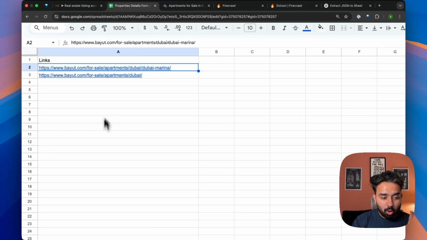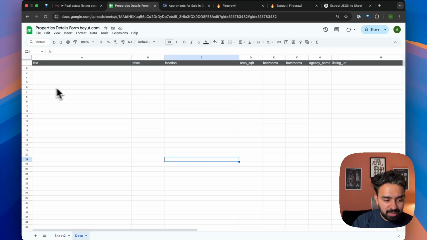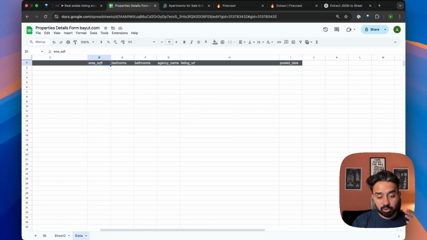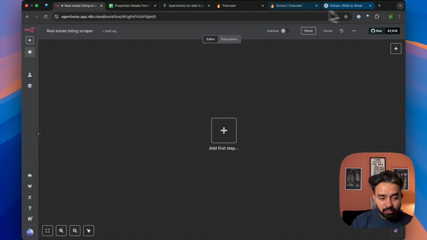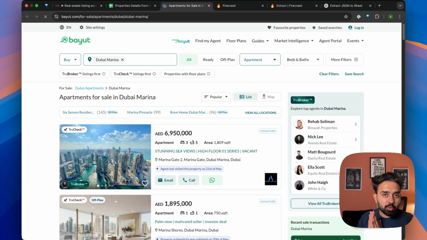And we want all of this data to be further captured in this Google Sheet, where I want the title, the price, location, area square feet, bedrooms, bathrooms, agency name, listing URL. So this is the posted date. We want to extract all of this information from this Bayut site, and I'm going to do that using a